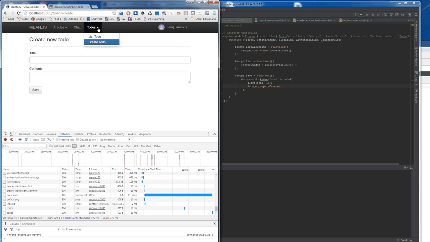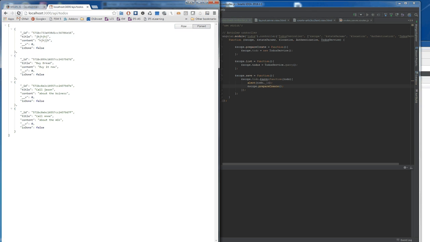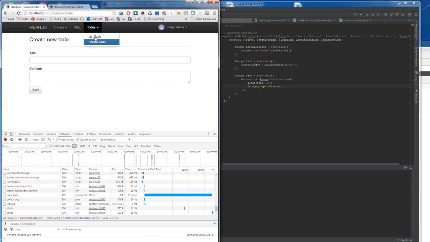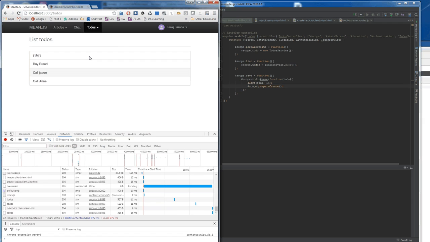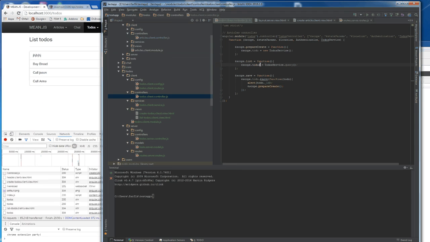So we should have plenty of to-dos right now. Just for you to check. Yeah, we have plenty of to-dos. And when you list the to-dos, it will show all the to-dos right here. Okay. And we have one more thing to do. We are just showing the titles down here, and if we click it, it needs to show the detail view. So in order to do that, we're going to create another view called